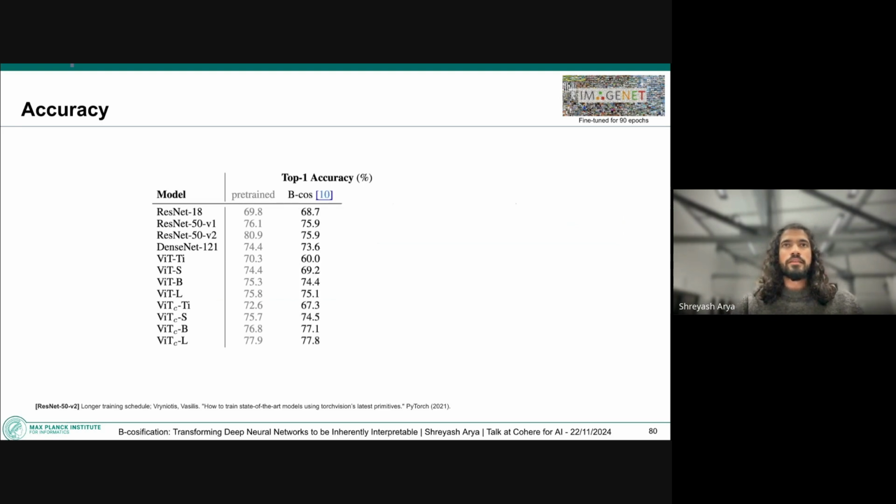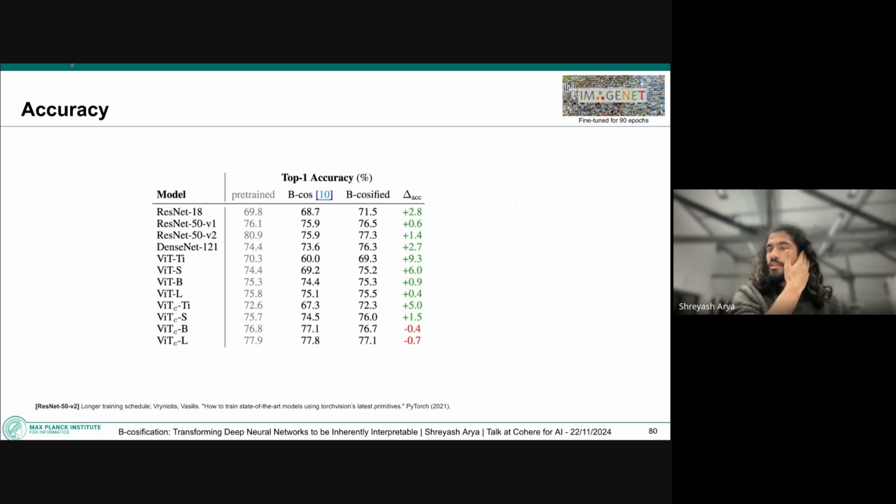And this is the B-cos original models, which are trained from scratch. For them, the top one accuracy on ImageNet. And this is what we achieve with the B-cosified model. And here we could clearly see the change between the accuracy of a B-cos and a B-cosified model. And we clearly see that training from scratch in a B-cos model is not really beneficial compared to if you just